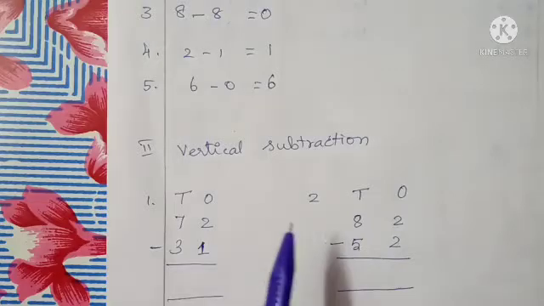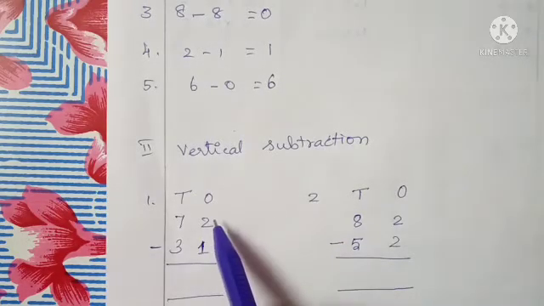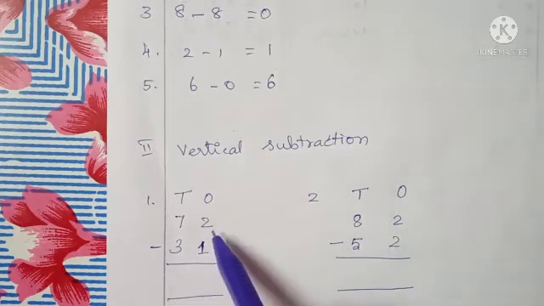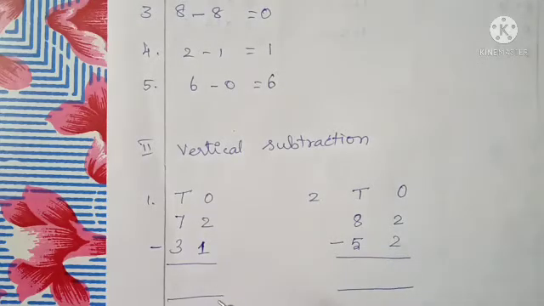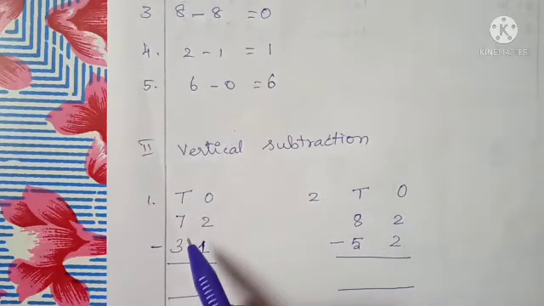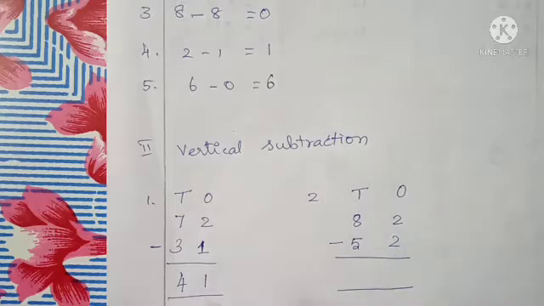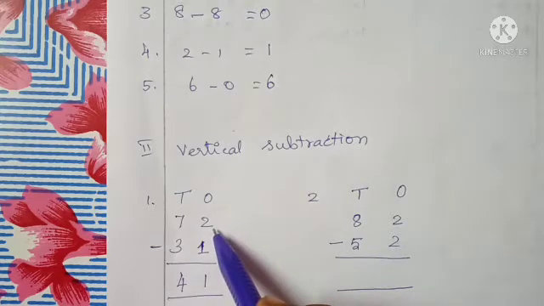Then the next method is vertical subtraction. First you arrange the subtraction in ones and tens. Then put the minus symbol. 2 minus 1: 2, before number is 1. Then next, the first number is 7, the second number is 3. 7 minus 3. 7 in the mind, 3 in the finger. Before 7: 6, 5, 4. So 41 is the answer. So here you do 72 and 31. You get only the smaller number, but you do the subtraction.